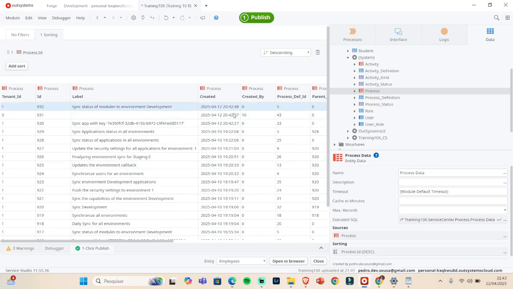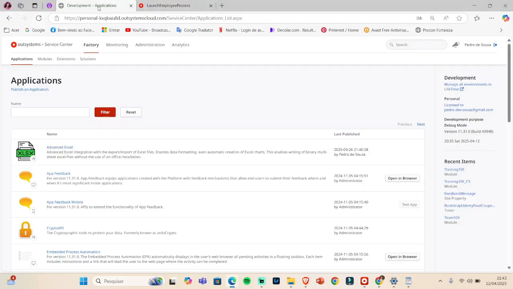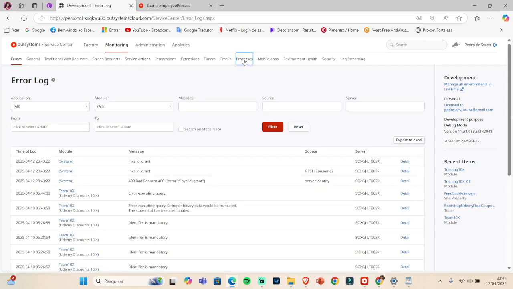So we ran, I think it was sync app. Another way that we can check this is to go here in the service center, go to the monitoring tab, going under processes,